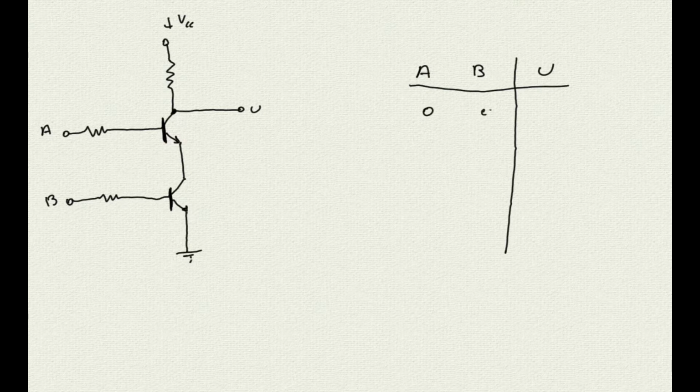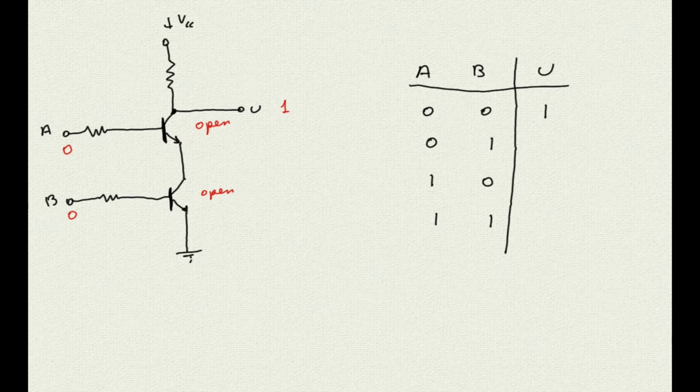Let's now write down all the possible combinations of inputs: 0,0, 0,1, 1,0, and 1,1. Now, a 0 on both inputs means that both transistor bases are connected to ground. The two transistors are therefore open, they do not conduct any current, and therefore the output will be at the plus VCC level, or a logic 1, with which we can